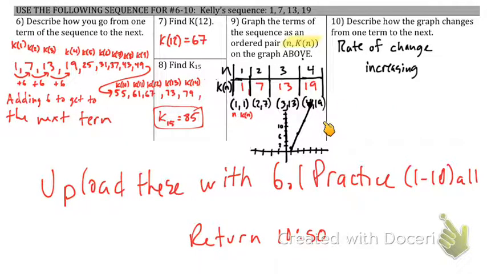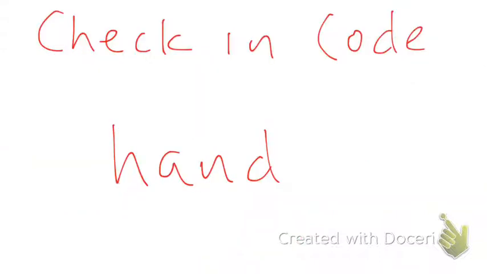And then the next question: is it constant? Does it look like a line or a curve? If it's a line, we would use the word constant. To make it grammatically correct, increasing constantly. Okay, so make sure you check